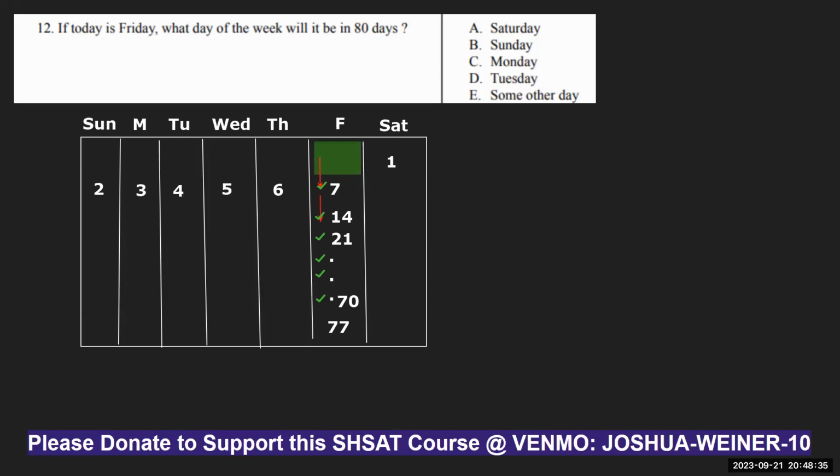Well, that's kind of close to 80. So then just caution, orange, let's slow down, and let's start there. Right? So we're going down Friday, 77 days. Then just count up to 80 from there along the calendar. And you'll see that the next day will be the 78th day. That has to be a Saturday, then Sunday. And Monday, sure enough, is the 80th day. So if you chose Monday for question number 12, that was correct. Correct answer was C, Monday.